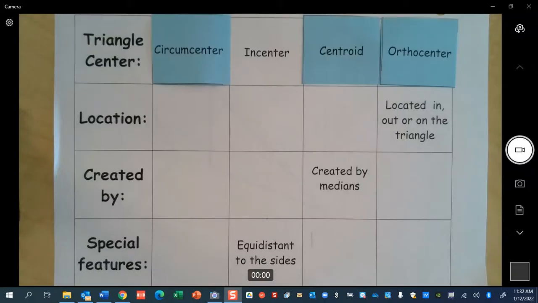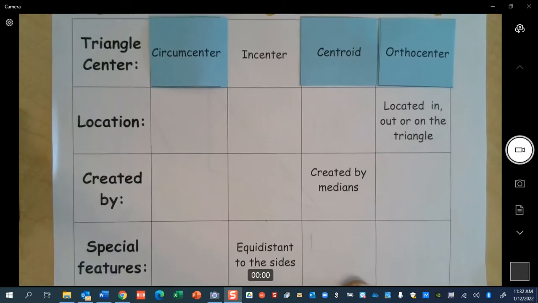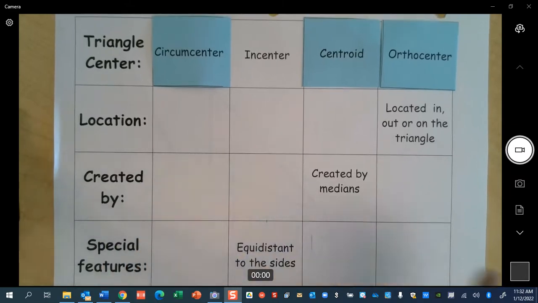So you can put them aside, and we can go ahead and match up these. Now, if you could, please make yours match mine so that we're at least putting them in the same order. Because true or false, you could have switched circumcenter and orthocenter. True or false? Yeah, true. You could have switched circumcenter and orthocenter because